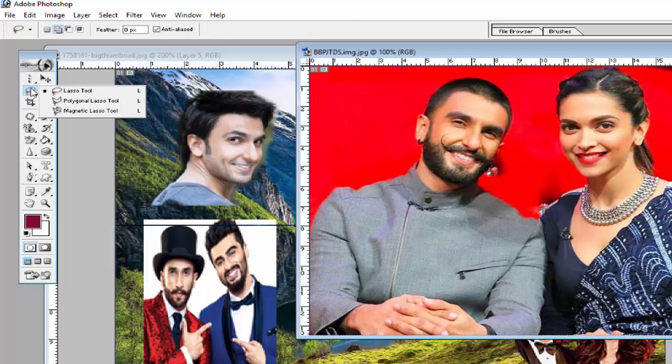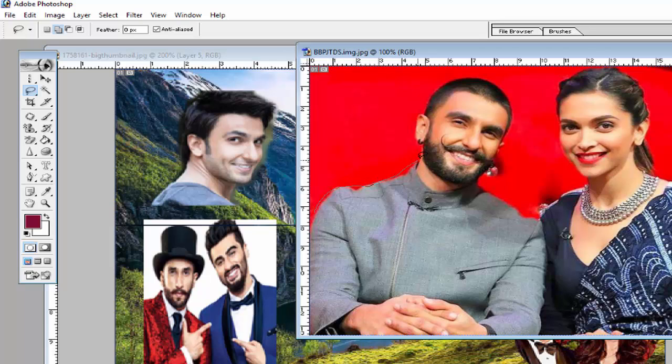This is another different selection tool: lasso tool, polygonal lasso tool, magnetic lasso tool. So first of all we will use the lasso tool. Click here, and this is the lasso tool pointer. If you want to select your image from here, again hold the mouse left button, similar to the freeform pen tool.